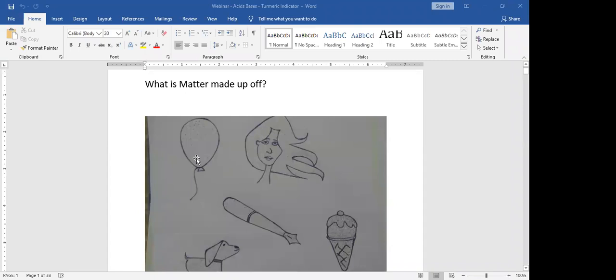See, as a witness, the balloon that you see here, it occupies space. The air that has entered the balloon has clearly occupied some space and it has mass. So yes, air is also matter. Anything around us, whatever we see, it's all matter because it occupies space and has mass.